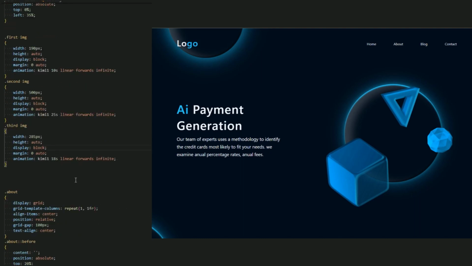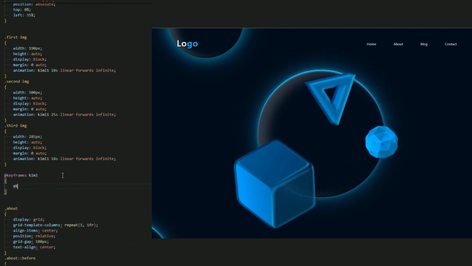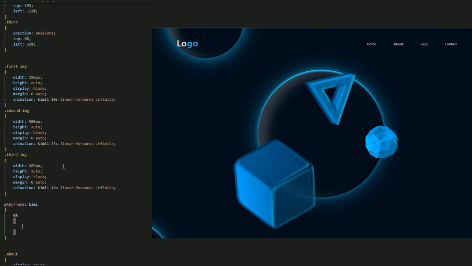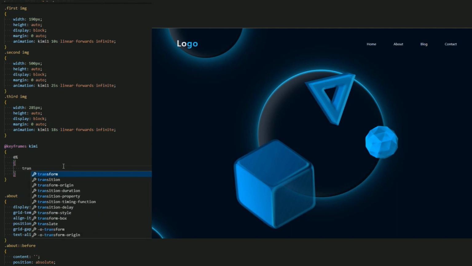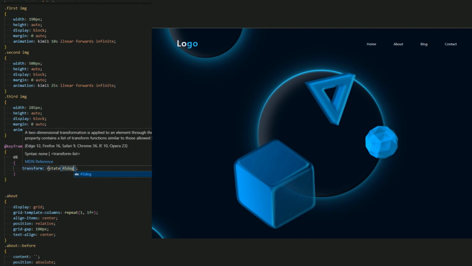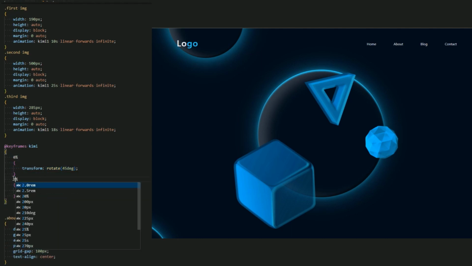Okay, and now let me just create keyframes. Kimi. Okay, in 0%, let's add a transform, custom, rotate 45 degree. Okay, now in 25%, just change this rotate. Let it be 85 degree, and in 50%,